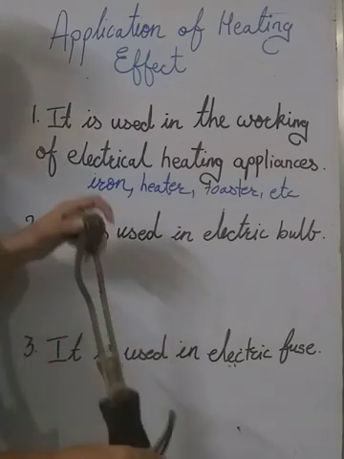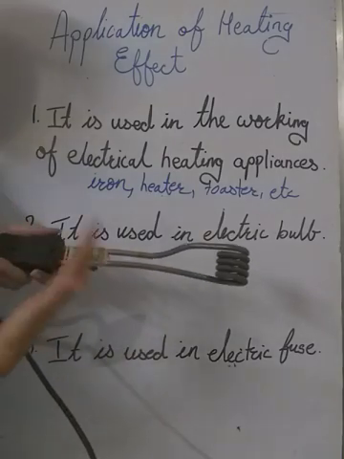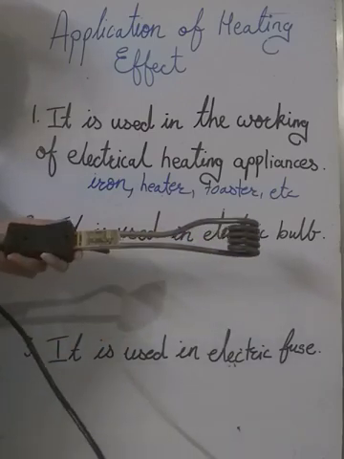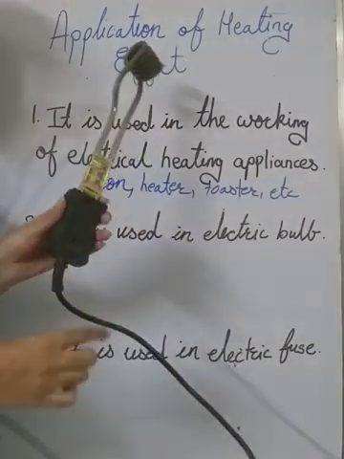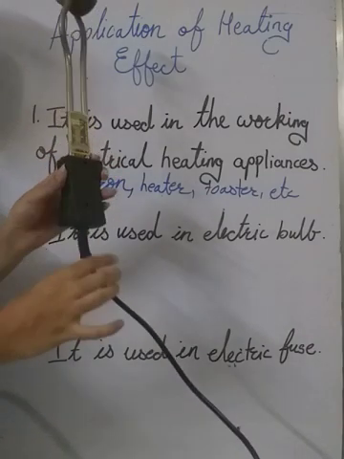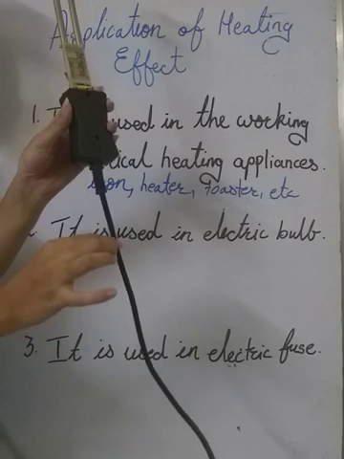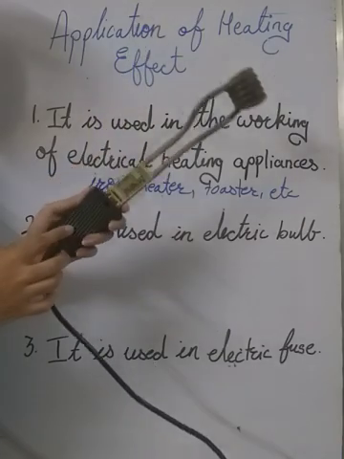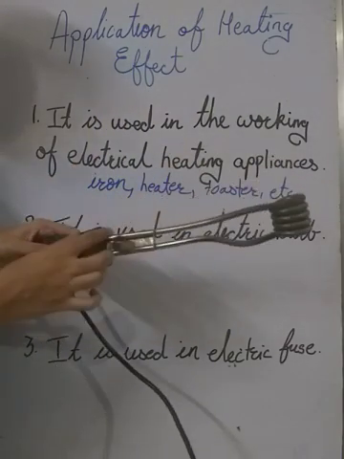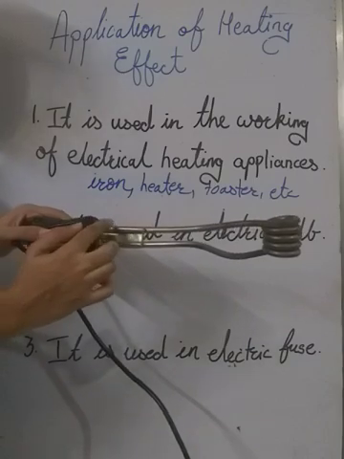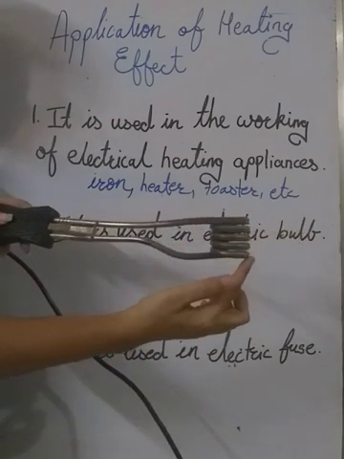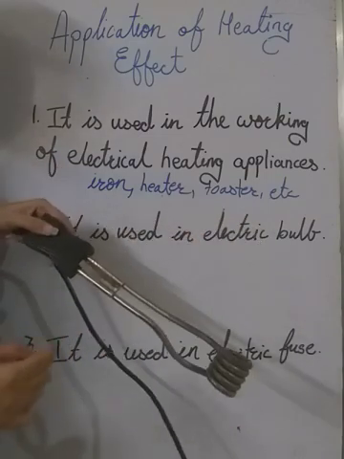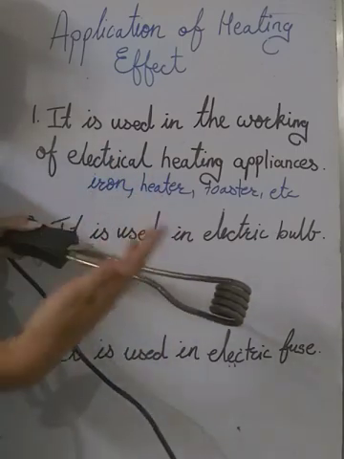Now here is an electrical water heater. This part is made up of nichrome. Here you have the supply through which the wire comes. Now this wire is made up of copper. Copper has less resistivity, so current can flow easily, and after coming here, the heating rod starts from here. This will slowly start getting heated up, and it will turn red. And if you keep it in water, the water will start getting heated up.